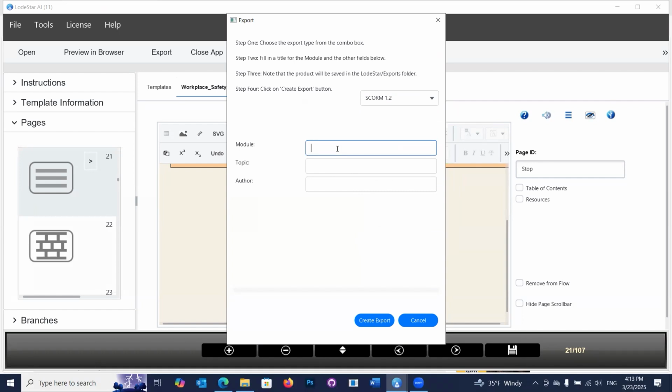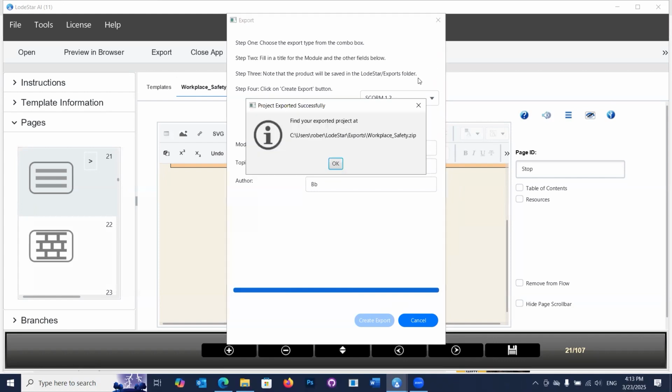And I'll go ahead and type in a module. This relates to workplace safety, so I'll type that in for the module name. The topic, I can call it a challenge, and then put in my initials. Click on Create Export. What's happening now is this whole project is being zipped up following the SCORM standard, and it's available in my LodeStar folder under Exports,